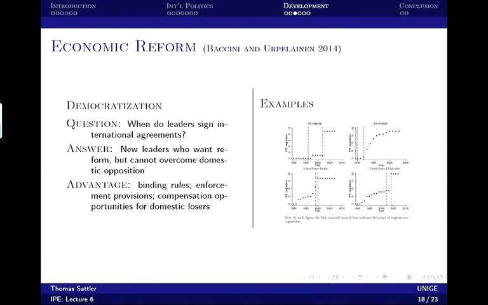And to show you how they actually lock in these reforms, I took these graphs from Baccini and Urpelainen. What you see here is, those vertical lines are when you start negotiations of a preferential trade agreement, here between the EU and Algeria, between the EU and Poland, between the US and Jordan, between the United States and El Salvador. And the second vertical line is when this preferential trade agreement was concluded, when it was signed. Yes?